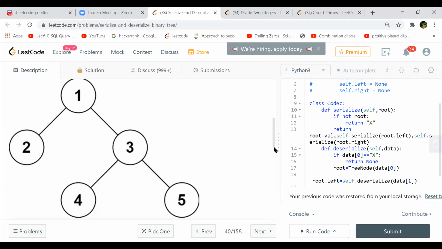Okay, hold on. On the same tree, for these ones, this will be null, and this also we have null. The way we'll go with this will be 1, and then we'll have 2, 3, and then null, null, and 4 and 5. Okay, then that makes sense actually. So you're saying even if you do a level order traversal, it should work.